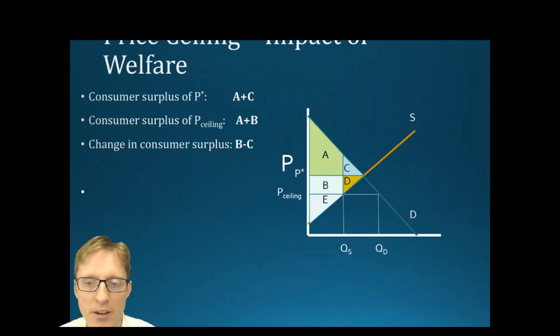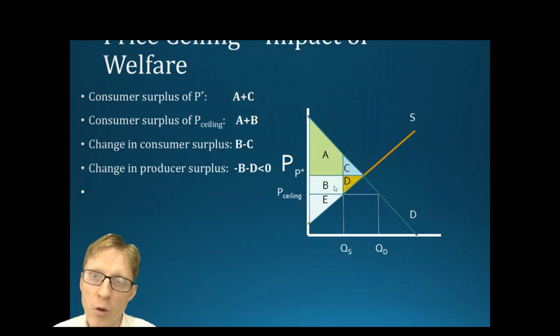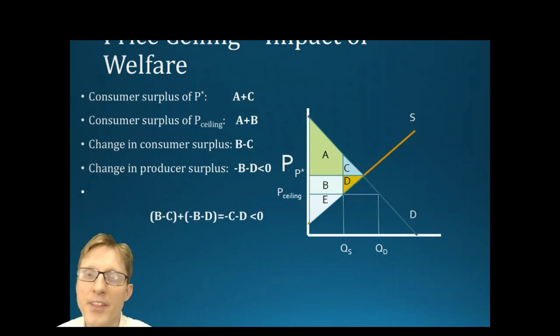Now let's look at suppliers. The change in producer surplus, if you look at it, is minus area B minus area D. So before the government intervention, producer surplus is area E plus area B plus area D. After the intervention, it's just area E. And hence the change is minus B minus D, showing that producers are made worse off by this price ceiling. And if you add the changes in surplus to consumers and the changes in surplus to producers, you get that the total change in surplus is areas C and D. It's a loss in surplus equal to the sum of areas C and D,